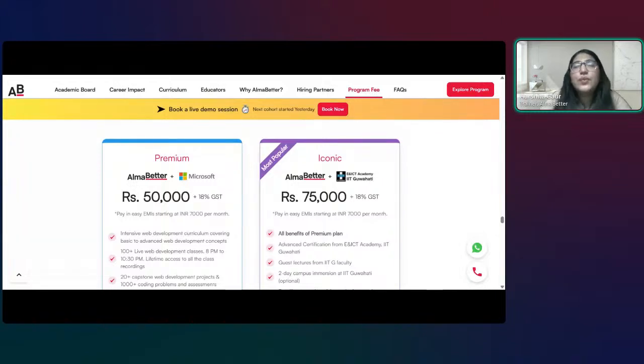Plus you will get some additional benefits when you are certified from IIT, like webinars and seminars from their professors every month. Plus you are learning the upgraded curriculum according to the market, because IIT is well known for its curriculum upgraded according to the industry. Plus you will also have the opportunity to take an immersion. If you want to visit IIT Guwahati, you can visit for 2 days. That opportunity you also get here. You can meet the faculty and everything over there.